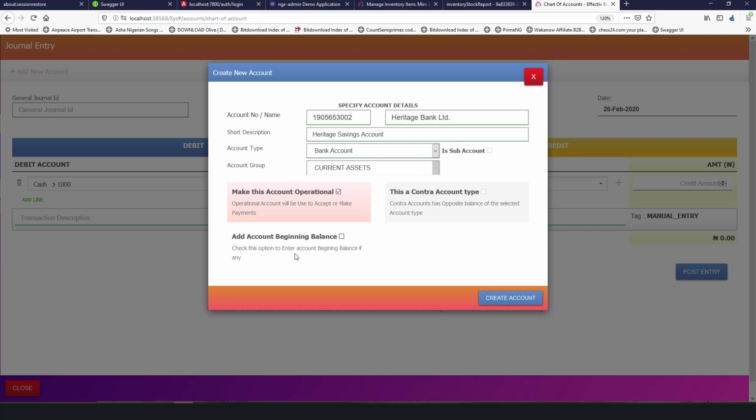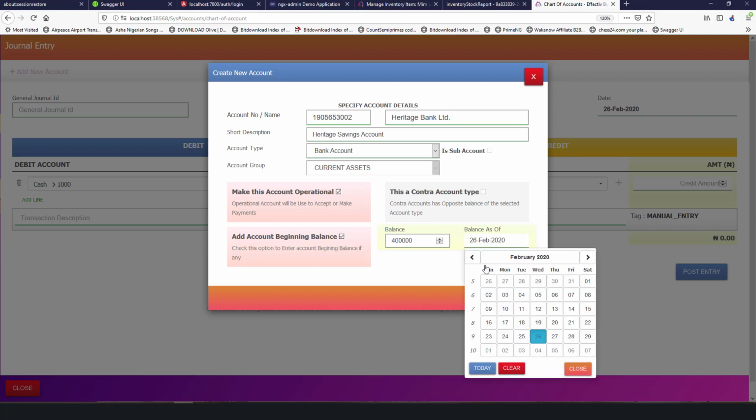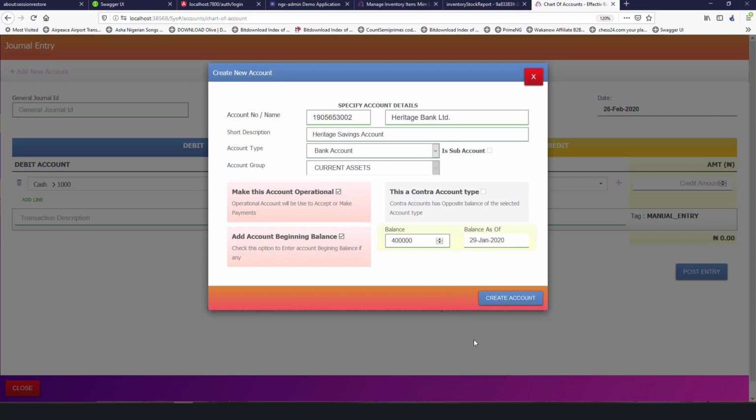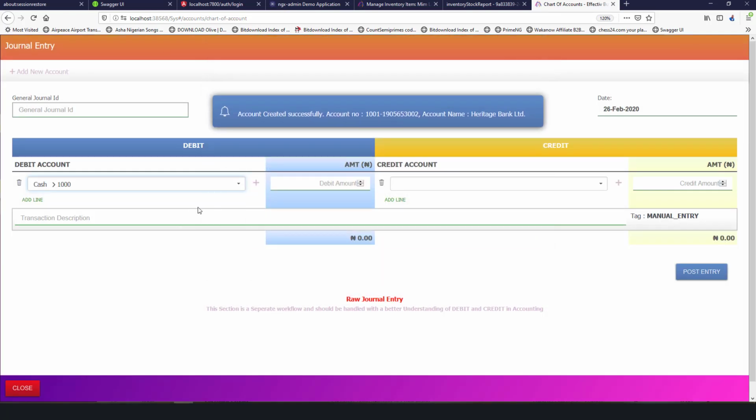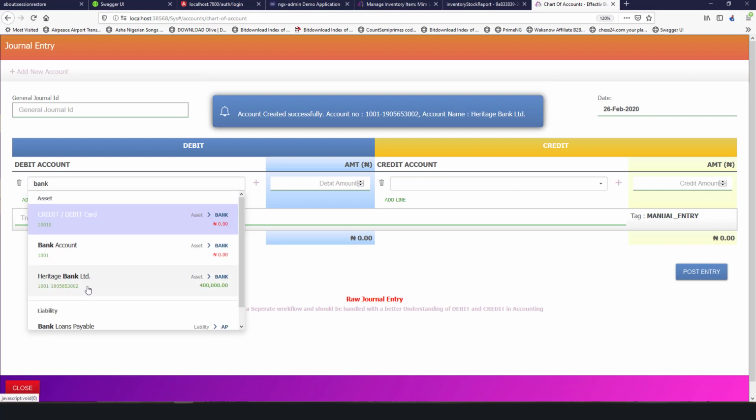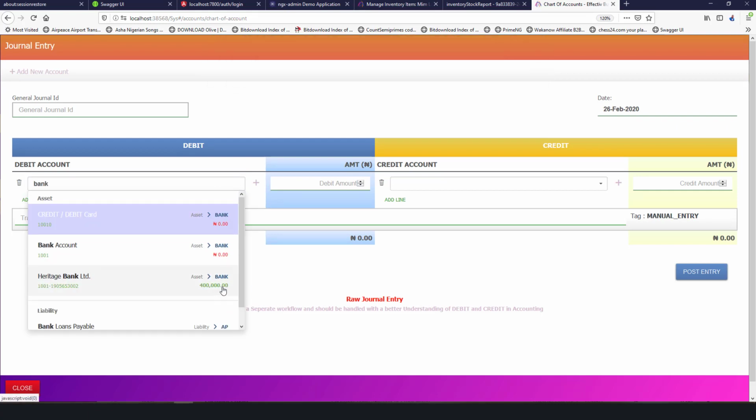and what I want to do, let's say beginning balance of the account is 400 grand. As for this date, it's 400,000. Let's just say as for January 29, it's 400,000. Create that. So now, say Heritage Bank, it's telling you Heritage has 400 grand,